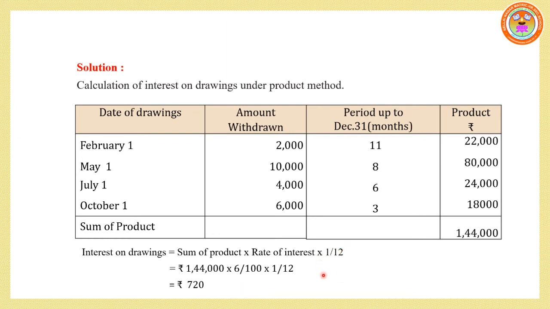This is permanent as per formula into 1 by 12. So we got interest on drawings for Santosh rupees 720. Clear? Now move on to